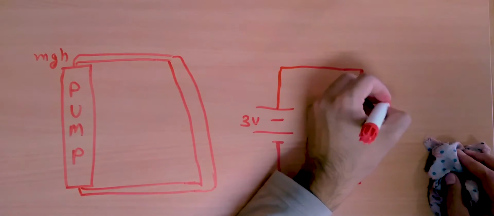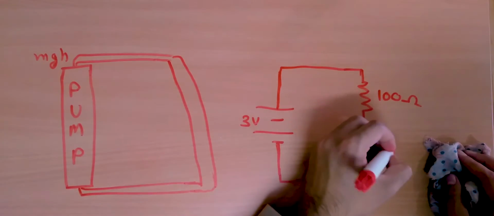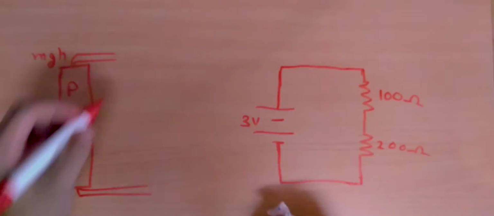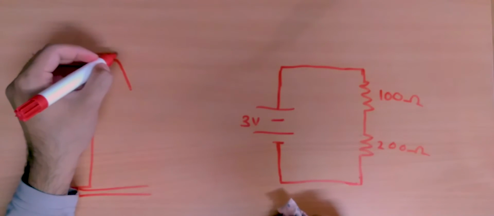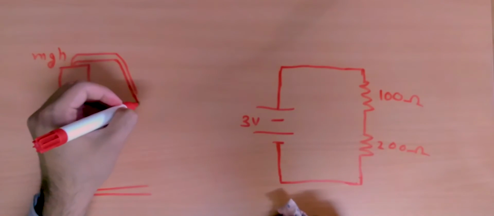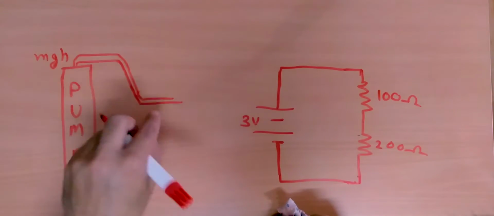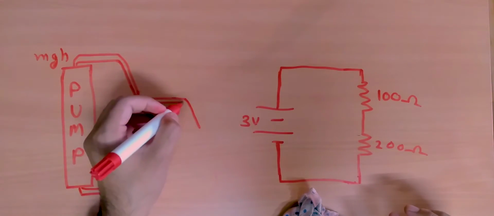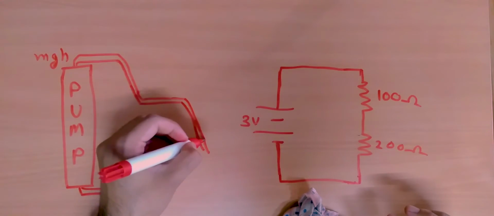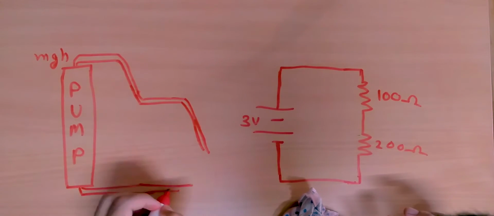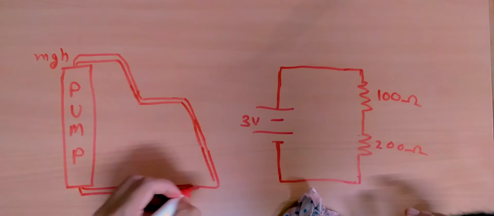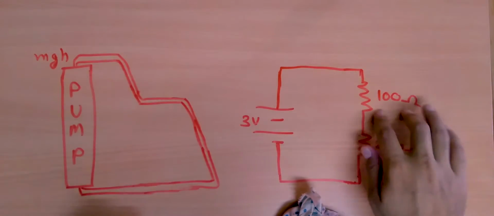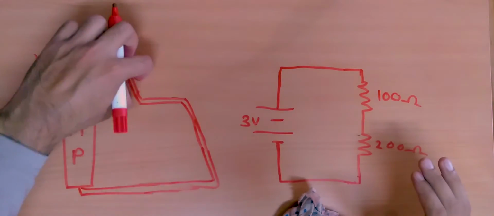Let's take, this is a 100 ohm resistor and this is a 200 ohm resistor. This is similar to taking, let's say this is the first pipe, and let's say I have some parallel pipe. So this parallel pipe is like the small low resistance pipe here, and I have the second part of the pipe. There you go. Right now, the higher resistances of the two resistors is similar to these pipes being very narrow,